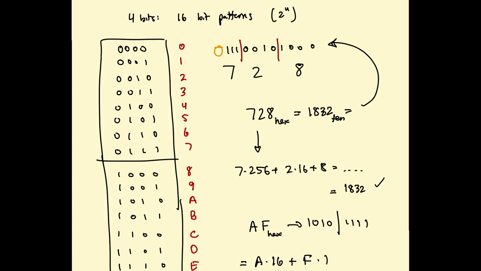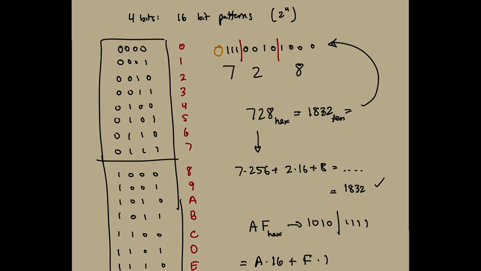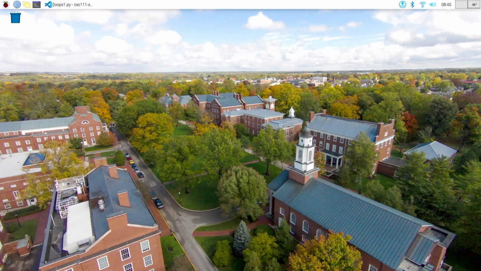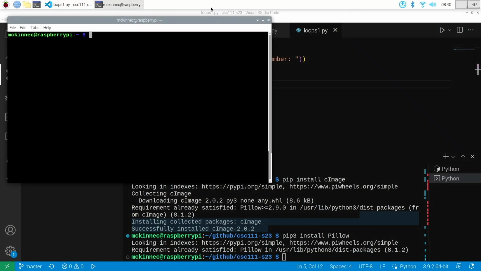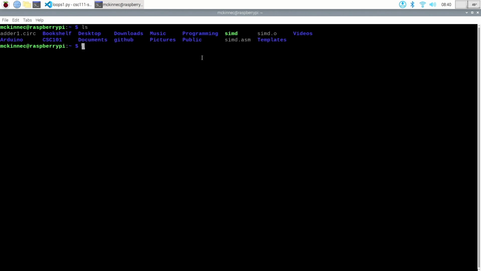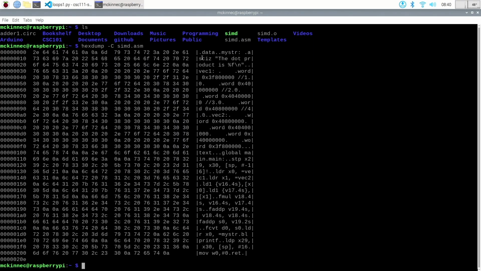Okay, so now, for the sake of demonstration, let me just show you a few instances where we can use this sort of thing. All right, so let me open up a terminal. Well, I'll just do this one. Okay, so for example,